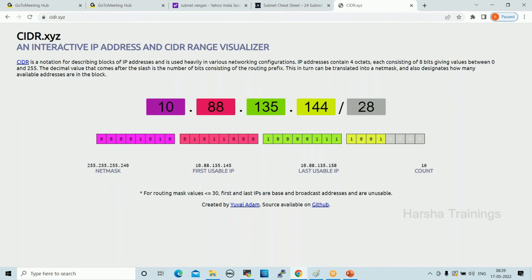Here, in this slash 24, we can accommodate 16 IP addresses, which means 16 devices we can connect to this range. Now what I will do here is